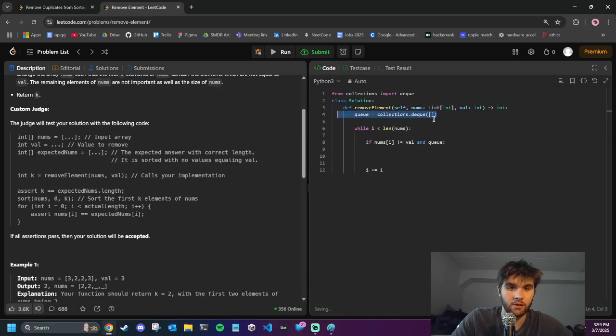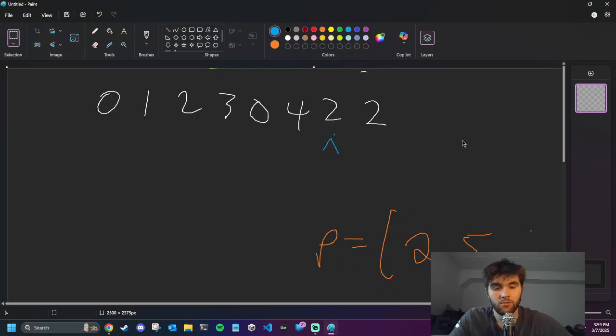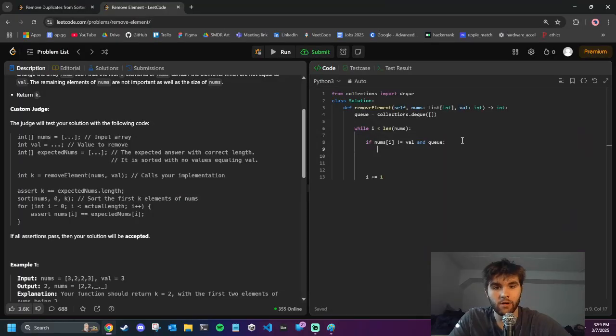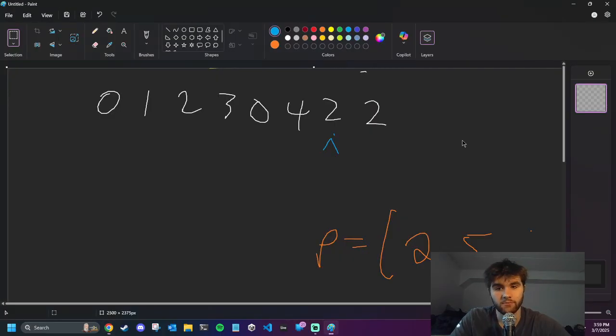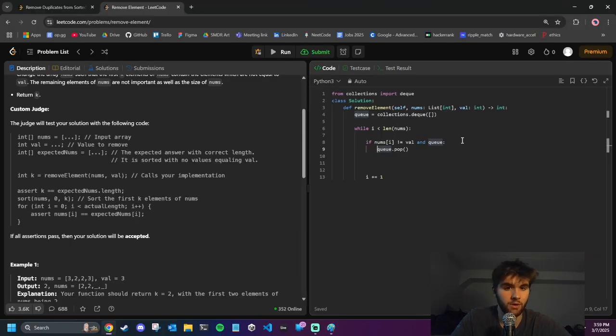Okay, and our Q has at least 1 element. Then what we're going to do is Q dot pop. So this will be the position. So we want to swap our, so we want to say